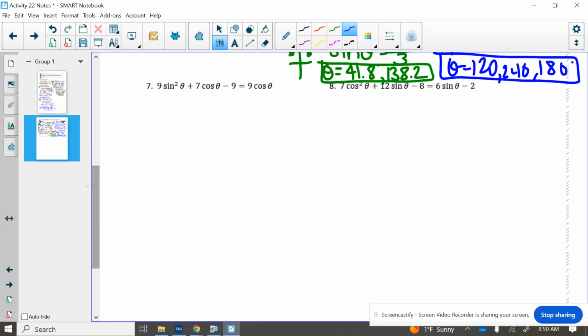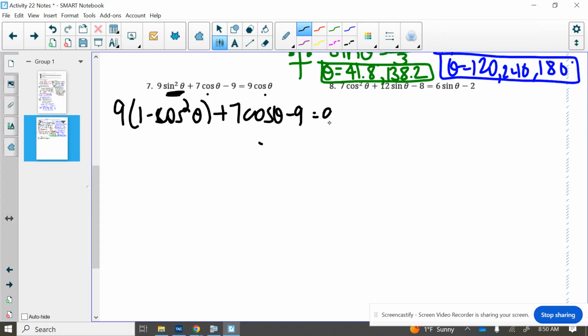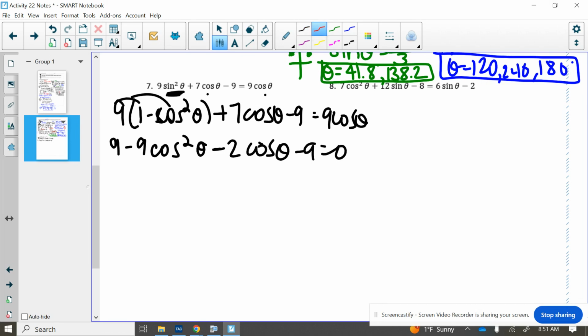All right, our last example together, if we bring everything to one side again, we would have to be careful, this sine squared, everything else is in terms of cosine, so we want 1 minus cosine squared to be substituted in, plus 7 cos theta minus 9, and eventually what's going to happen, distribute, we end up with 9 minus 9 cos squared, and then if we subtract over, we end up with negative 2 cos theta minus 9. This positive 9 and this negative 9 cancel, and we actually are just left with negative 9 cos squared minus 2